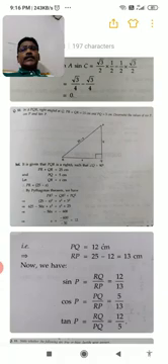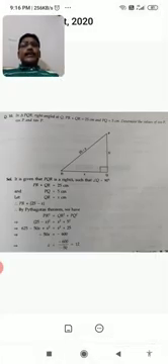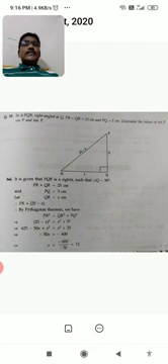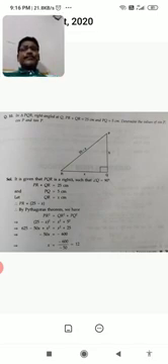In question number 10, in triangle PQR, right angle at Q, PR plus QR equal to 25 centimeter and PQ equal to 5 centimeter, determine the value of sin P, cos P and tan P. Clear to you? To find this, we need to know all the sides, but here only one side is given, that is PQ equal to 5, and the sum of the remaining two sides is given as 25. So we take one side, either PR or QR, as x, and the remaining automatically 25 minus x. So I am taking QR equal to x, and PR equal to 25 minus x.